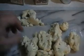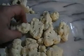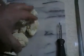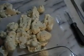I chopped the cauliflower up so there were no big stock pieces. This makes it easier to mash with the potatoes later on. When the potatoes are almost done, you add the cauliflower so it gets a chance to cook too. And then you drain it and